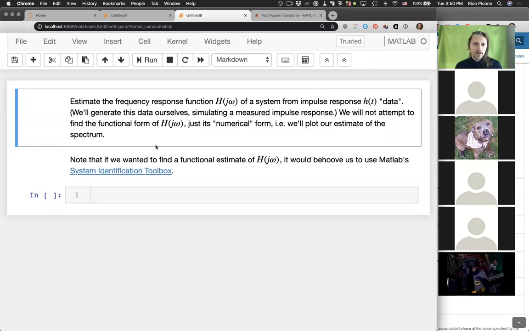So we're doing an example, and I think we're recording now. What we're doing is we're estimating the frequency response function of a system from impulse response little h of t data. Okay, so putting quotes on the data because we're actually going to generate this data ourselves, sort of simulating this measurement process that we're doing